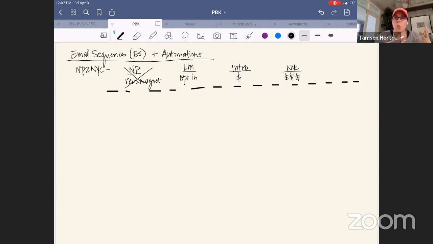We just have to know what we want it to do so that we can set up the infrastructure. So I'm going to give you guys the overview of what the basic infrastructure is, and then we'll start going through pieces and doing questions. So once somebody opts in, the first thing that they're going to receive is your email sequence. So we abbreviate it ES, and it is your welcome